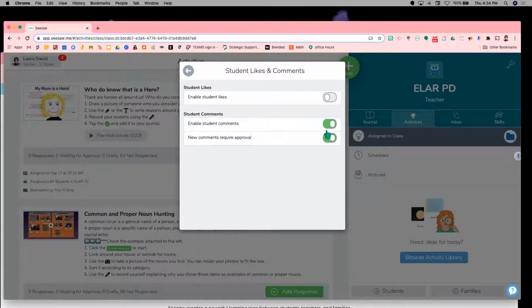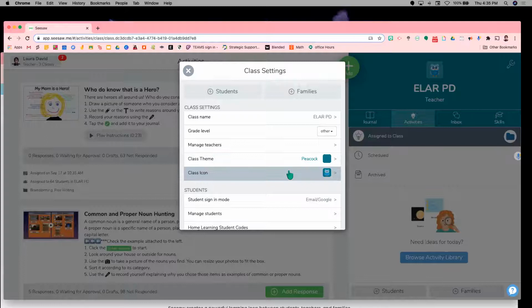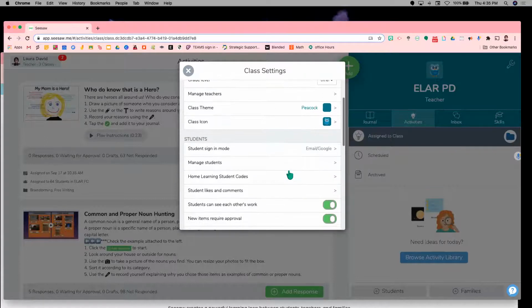And with the comments, you can actually say, okay, I want you to go in and comment to somebody that hasn't had a comment. And then of course everybody has one, and then we talk about peer editing, right? If you don't want to do that, you want to strictly just have them posting, no commenting, you can disable that as well, which I just did for you guys. So you won't be able to comment on each other's work at this moment.